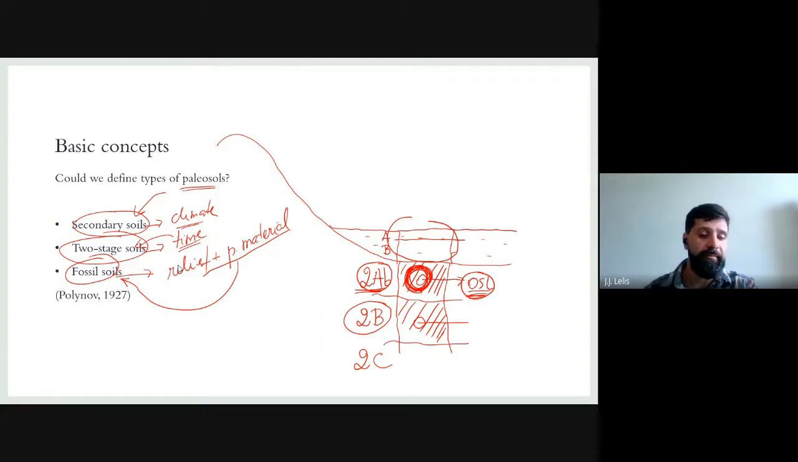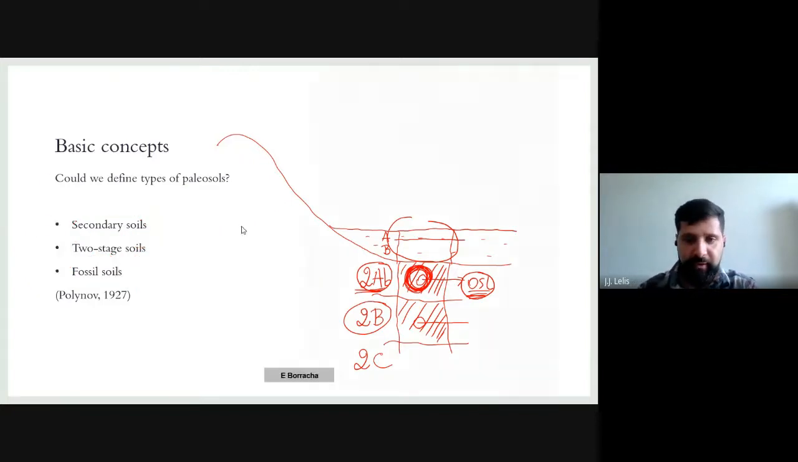So I suggest that you all the time try to classify all paleosols that you see in the landscape in one of these types, these groups. It helps a lot to understand which process acts in the landscape. Okay,